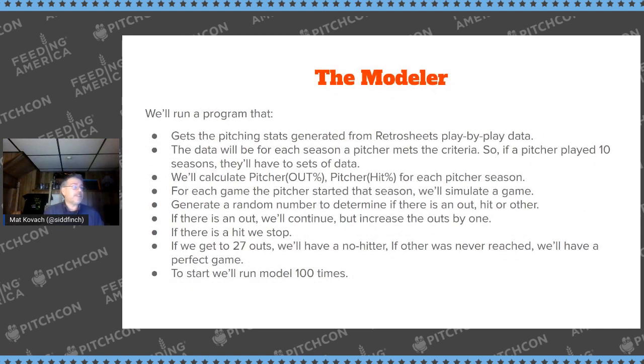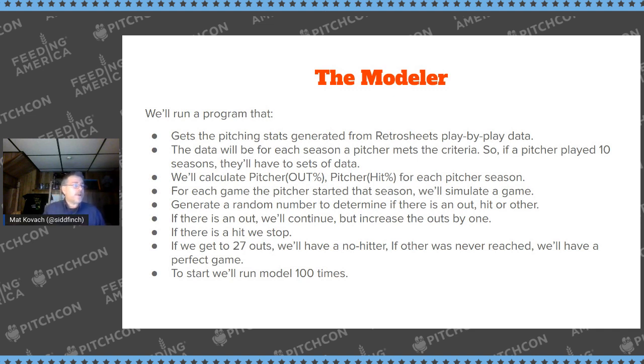So now I have to do a model for them. This one was very simple. It's a very simple program that I created inside my database using the Retrosheet stats, all the information I needed for all of those pitchers. So I had their sacrifices, their at-bats, and everything like that. And remember, I generate this from play-by-play data, so it's fairly accurate. And I did it by season. You can't go by a pitcher's career, because careers are going to have ups and downs. If somebody plays for 20 years, there's a good chance those last 5 years are going to be very different than their first 5 years.